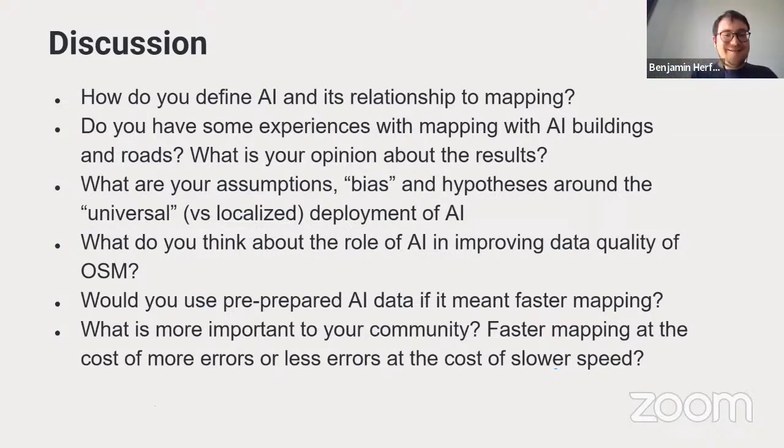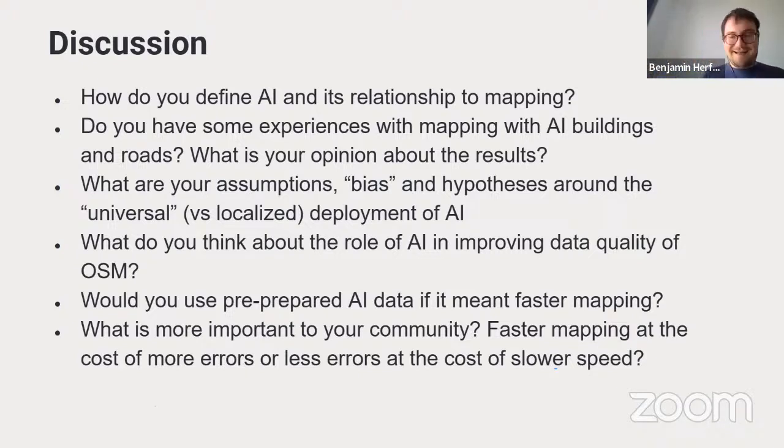Yeah, I wanted to ask who wants to go first, just to get the question right, and maybe we can answer it together. So you mean how do we define the influence of AI on mapping, right? That is what we are aiming at, and how this changed over time. Yes. Okay, nice. I can give it a start.